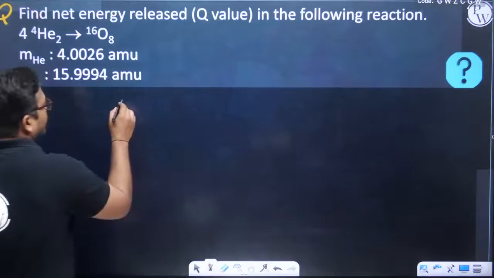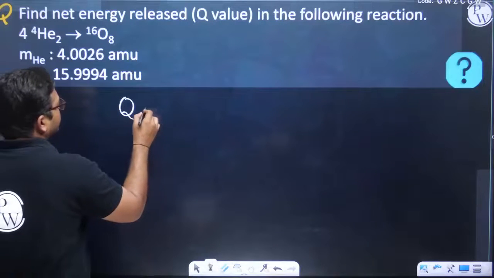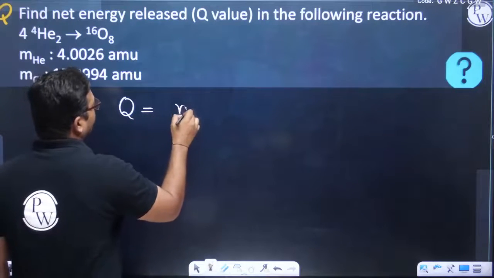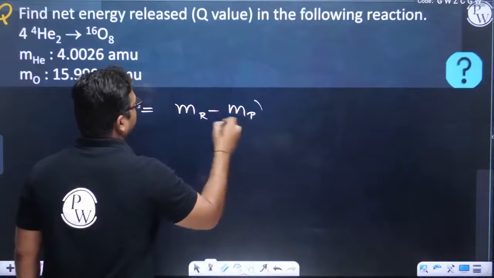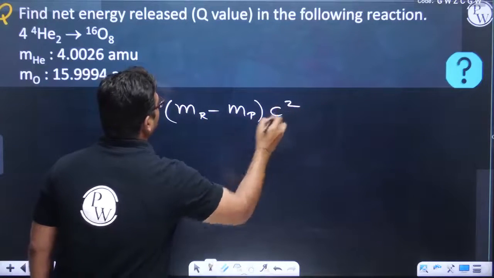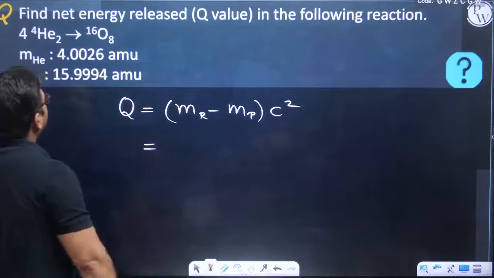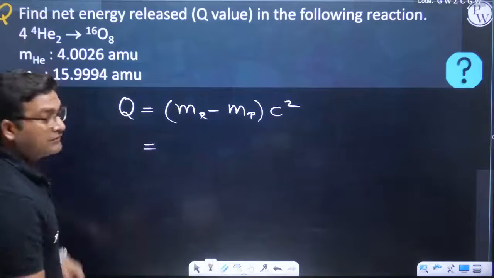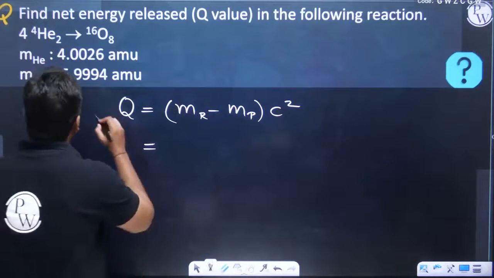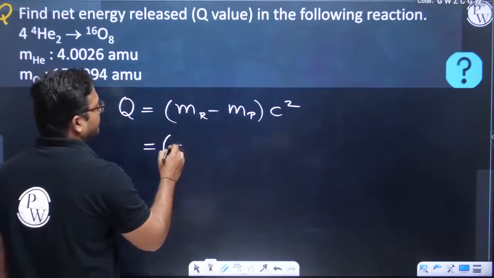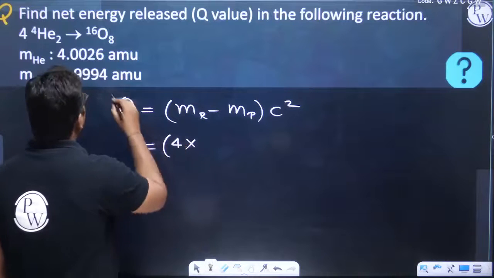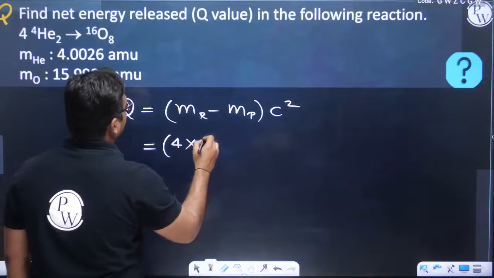As you know, the Q value of a reaction is equal to mass of reactant minus mass of product times c square. Okay, so as we have four particles of helium, we have a mass of reactants as 4 times the mass of a helium particle, which is